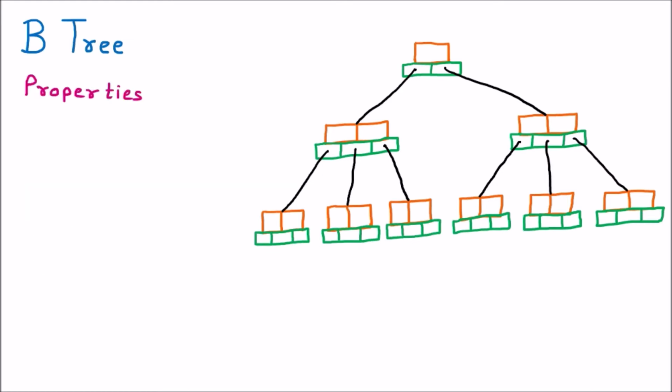As we know that the B tree is the extension of the MWay search tree, that's why there are certain properties which are inherited from those MWay trees. So talking about the property which we are inheriting from the MWay tree, it is that all keys of a node are in the ascending order or the increasing order.